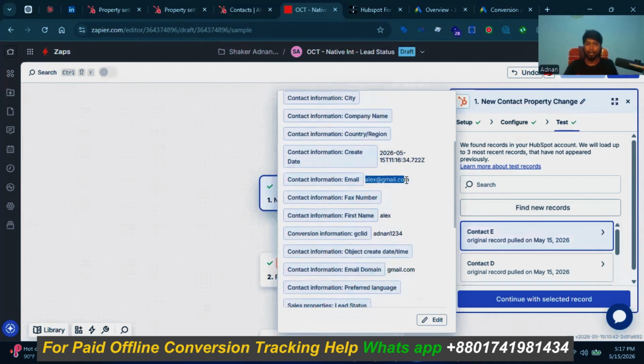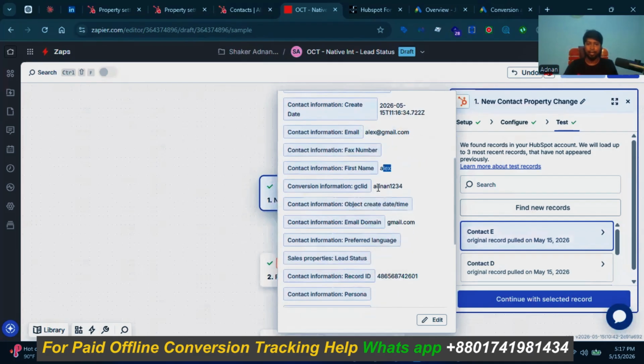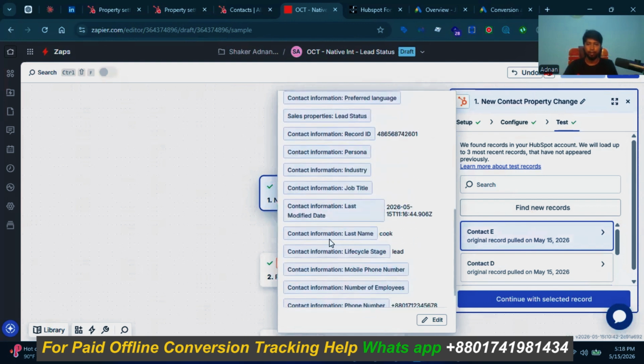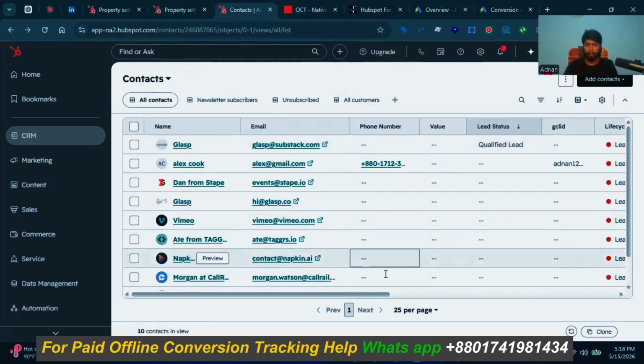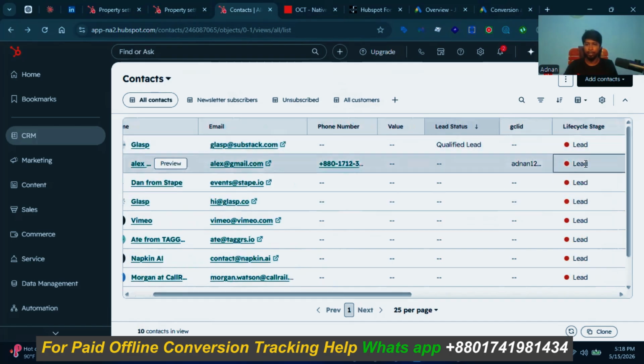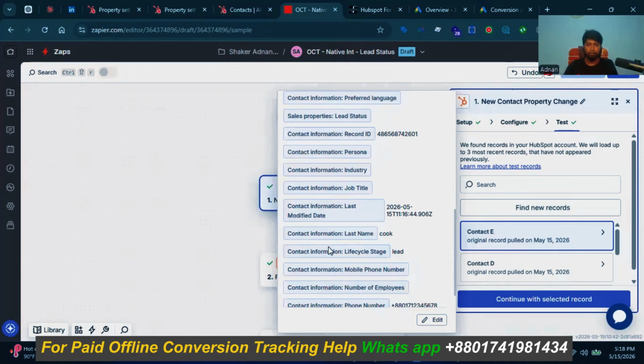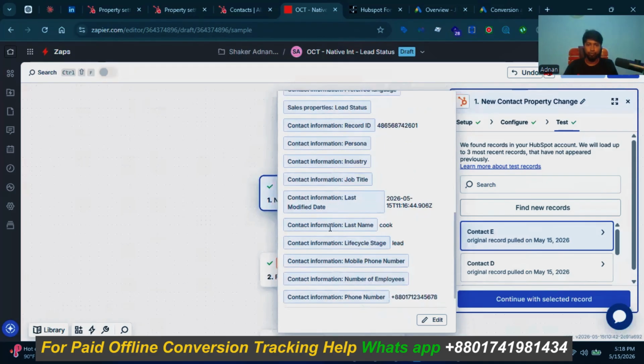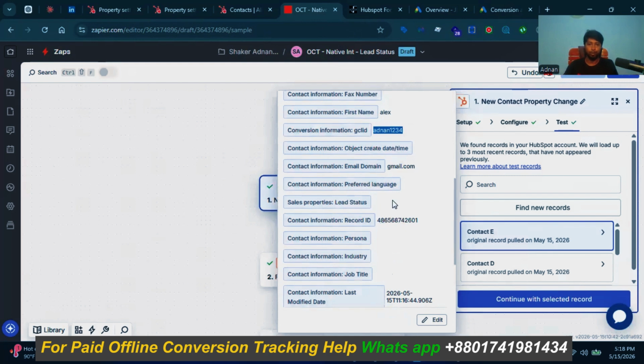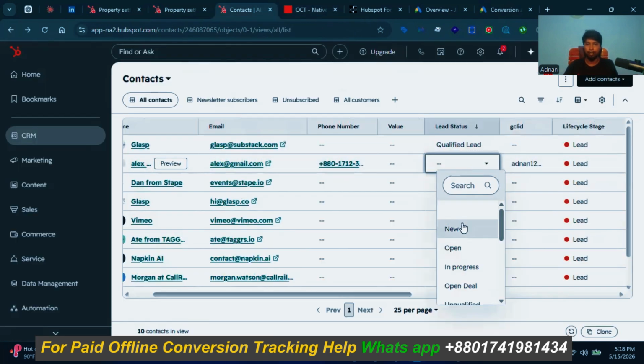Here you can see the email alex@gmail.com, first name Alex, and the GCL ID Adnan1234. Then last name Cook, lifecycle stage lead. But I want to send the data according to the lead status, and there is no lead status. Under sales properties, there is no lead status. If I change this lead status to new,